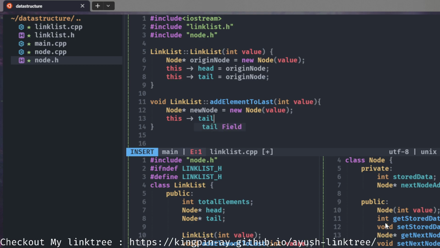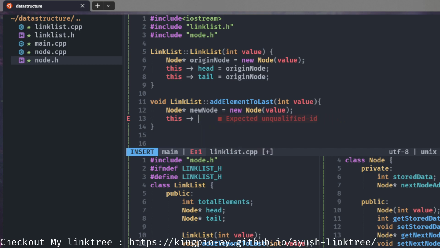So to set this value, we are using set next at node address value. Okay, so what we are going to do is, we are taking the address, we have to remember. So we have to tail,